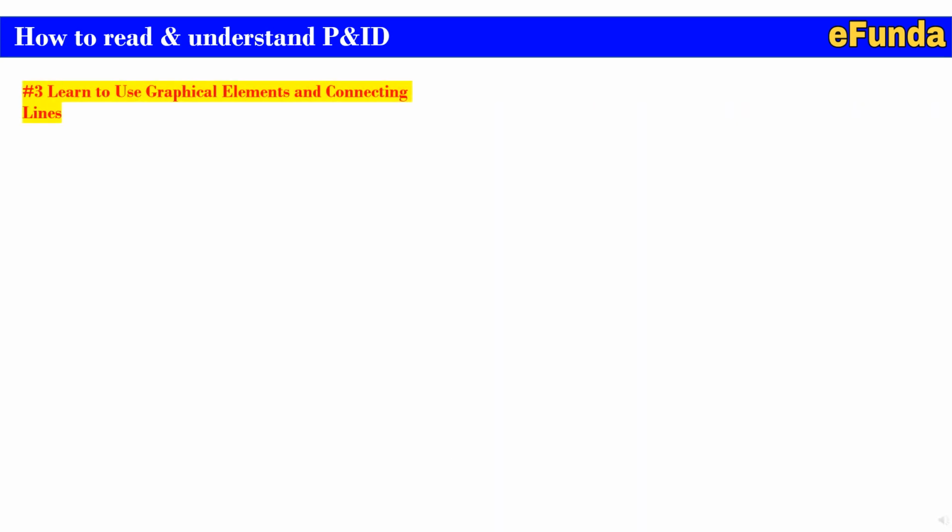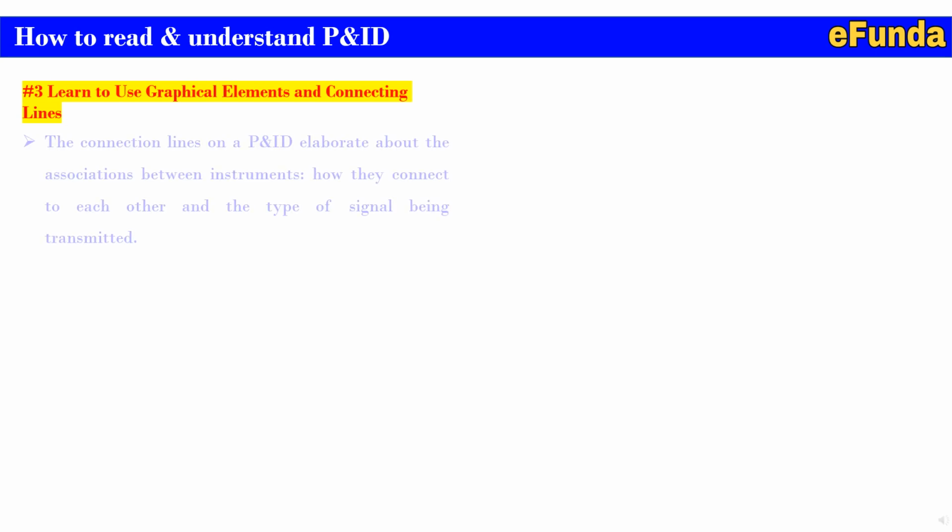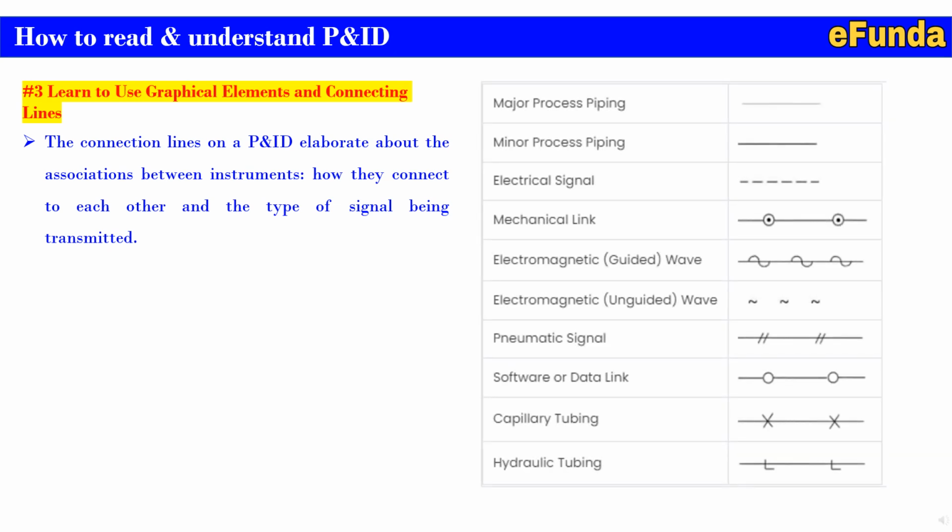Step 3, learn to use graphical elements and connecting lines. The connection lines on the P&ID elaborate the associations between the instruments, how they are connected to each other, and the type of signal being transmitted. One can refer to the table where all the symbols for the specific purpose are indicated: major process piping, minor process piping, electrical signal, that is a dotted line, mechanical link through connecting lines, electromagnetic, that is a guided wave, one typical line,